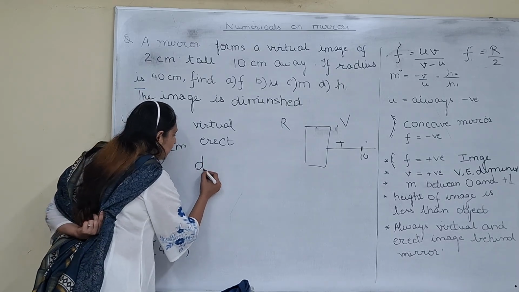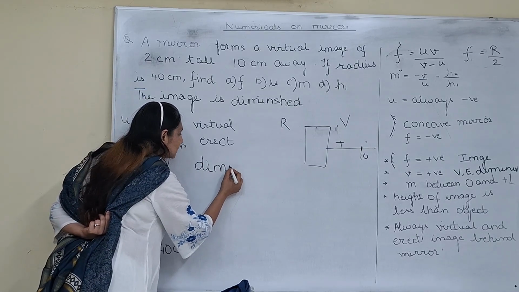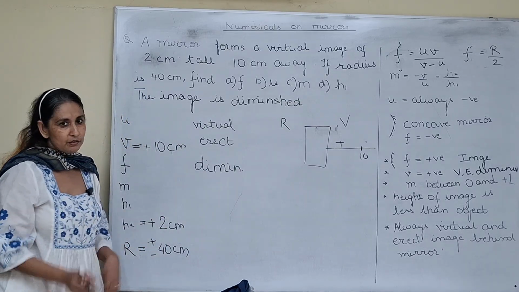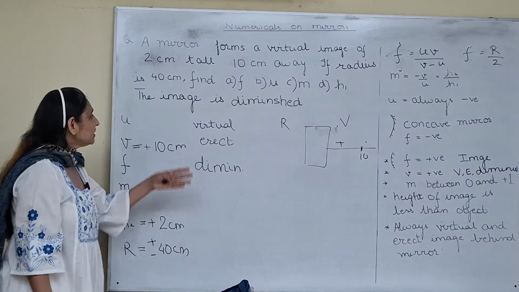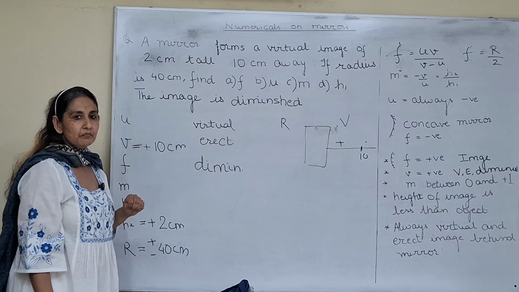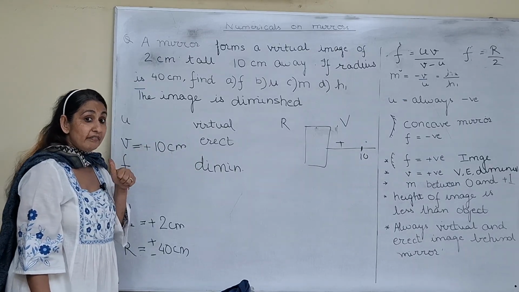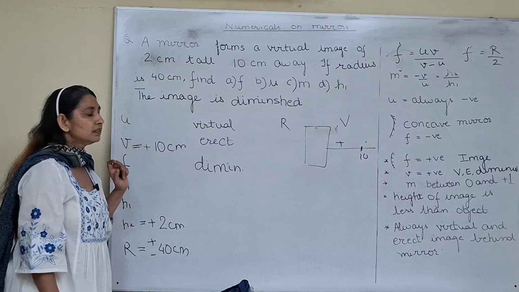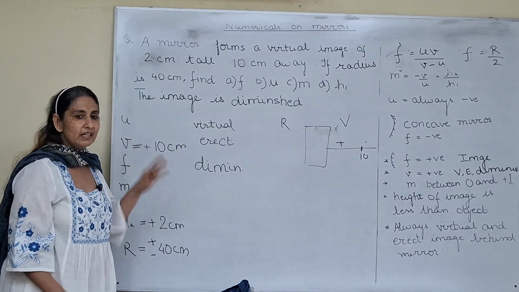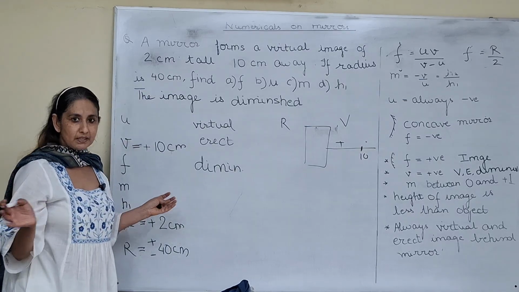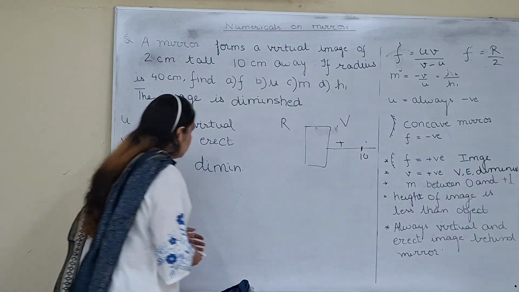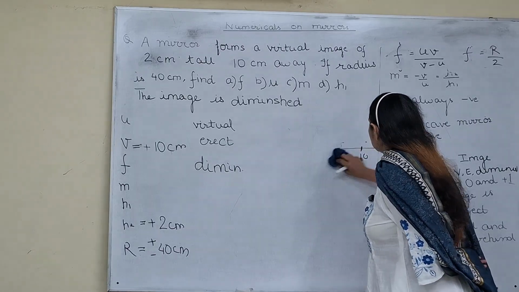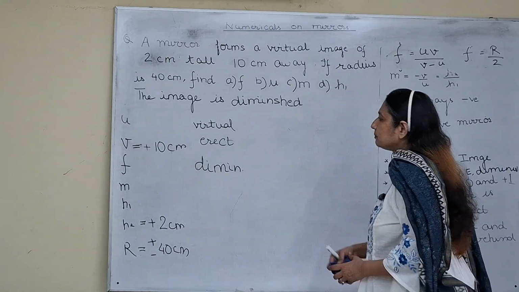Now, which mirror has all these properties? I'm very lazy, I'm writing only half, diminished. So which mirror has these? The image formed by convex, the more active one, is virtual, erect and diminished. While concave keeps making all sorts of things, multiple types. So now we come to know that the mirror is a convex mirror and now it will be easy to solve it.